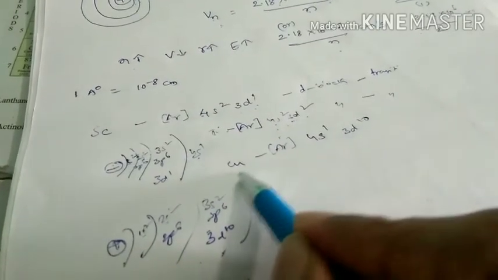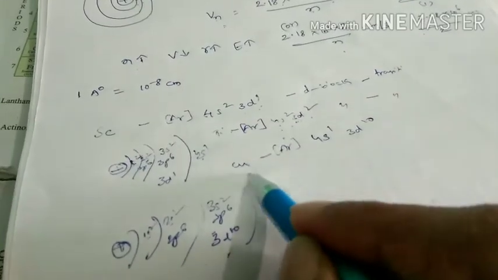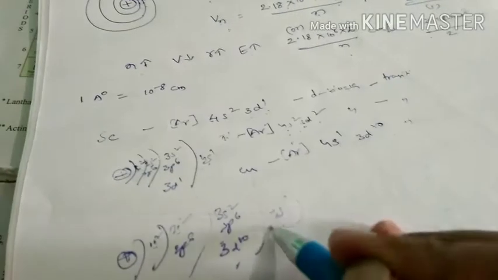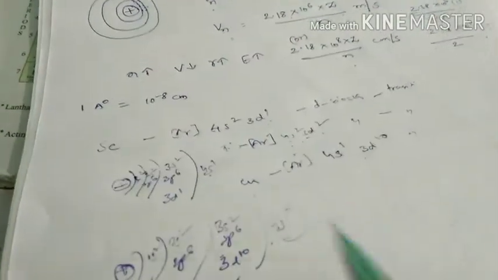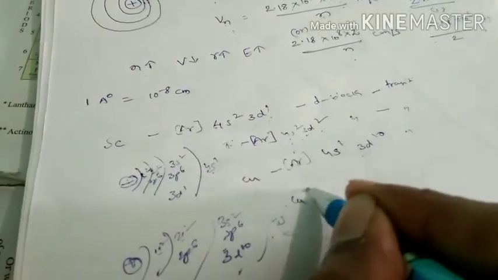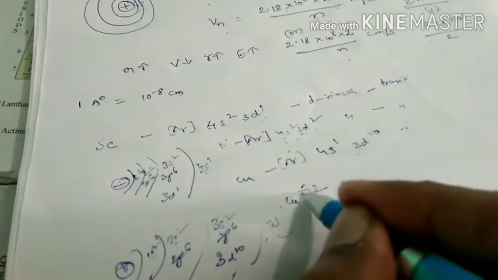Copper is what? An atom, elemental state. That means in the elemental state, copper is a D block element, no doubt, because the differentiating electron is in the d subshell, but it is not transitional in the elemental state. But copper exhibits two oxidation states, that is +1 and +2. But in the +2 state,